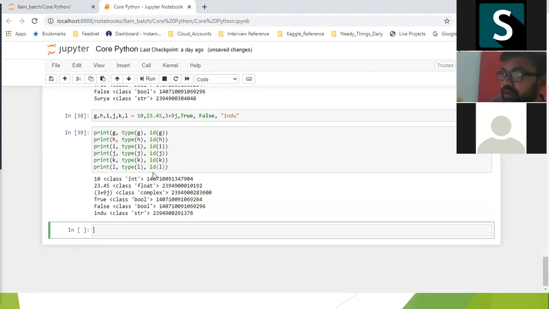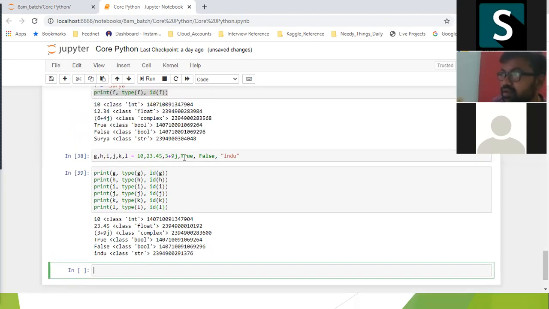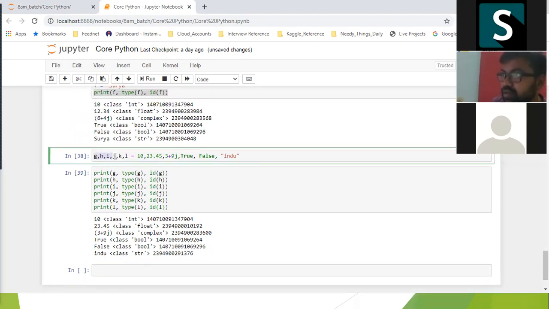You can see whatever I assigned, everything we are able to see back. The class of the data type, integer, float, complex, bool, and we have different memory addresses. So for multiple variables, multiple values I can assign at a time.